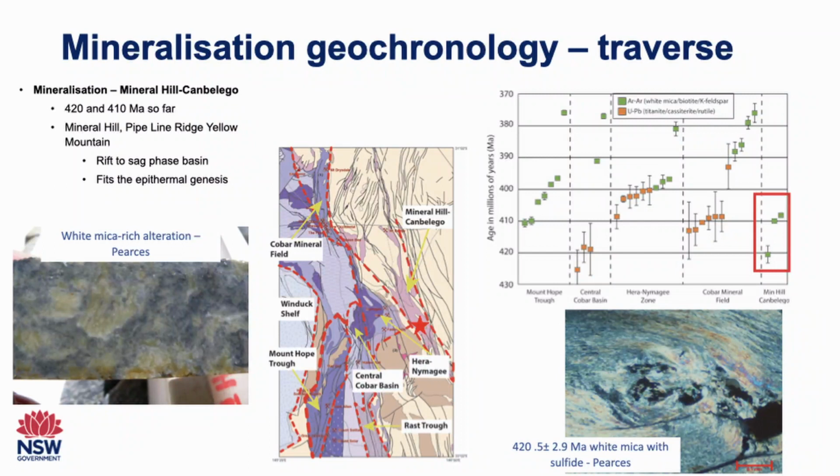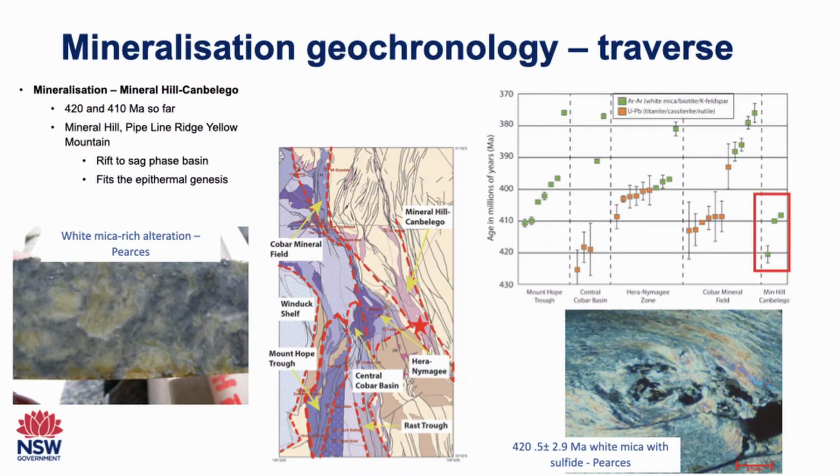So if I do a quick traverse across the basin, this is where I was going. Mineral Hill, Cumbelligo. So Peter Downs did some dates up this belt. And yeah, they come out quite old. They're at the 400 to 410 range, consistent with what has been thought to be there, which is epithermal systems